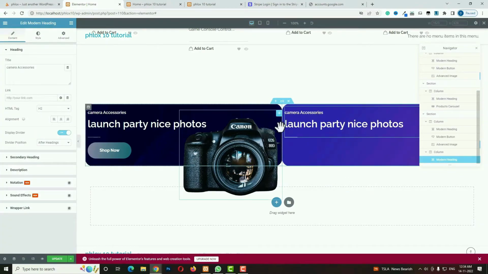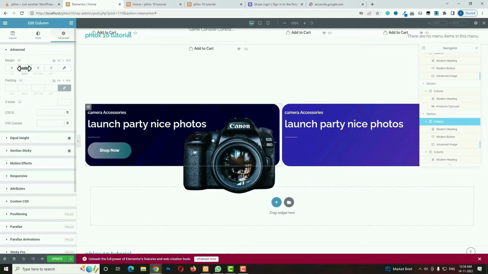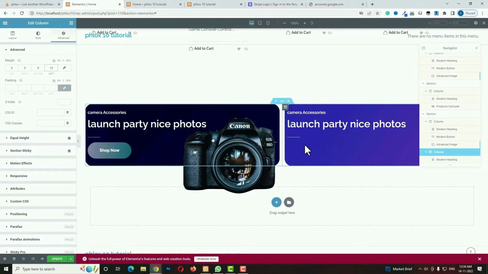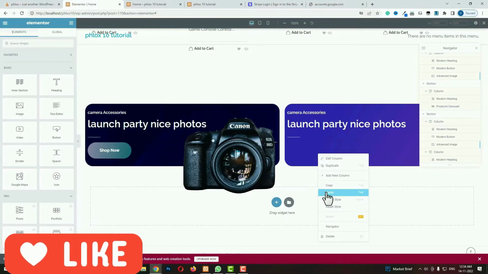I think I need some gap in between, so let me click in this, come back to the advanced option, unlock the margin right I am taking around 10, and for this second one click in this, and here margin left I am taking around 10. Okay, so after that I need this button also, copy, right click and click in the paste, and this button color